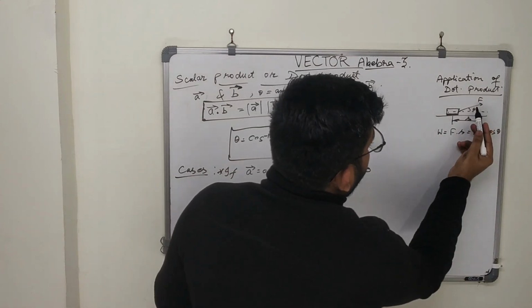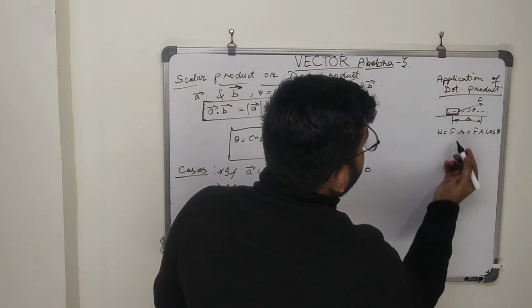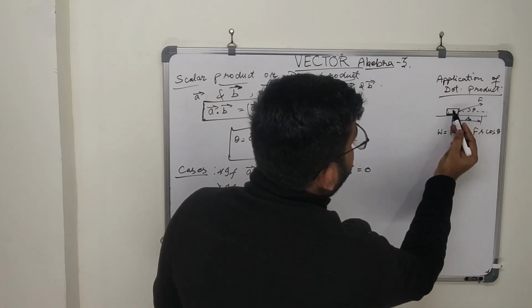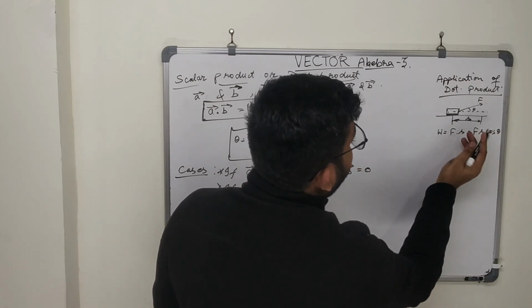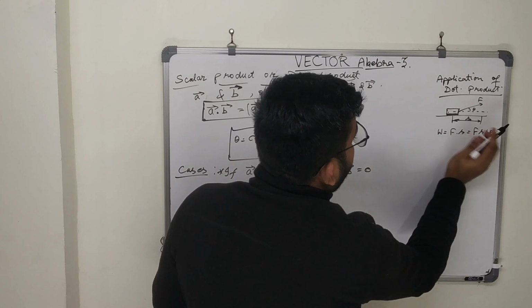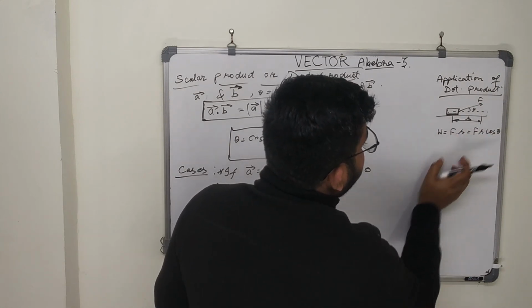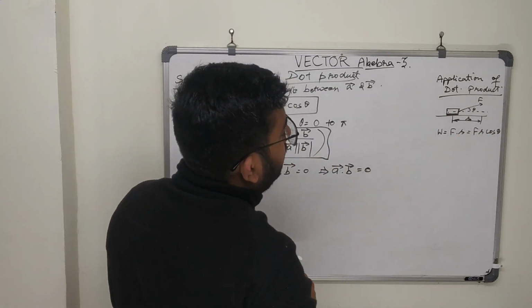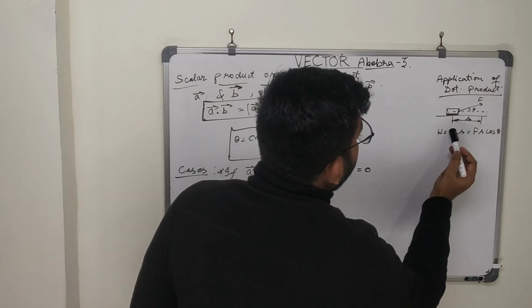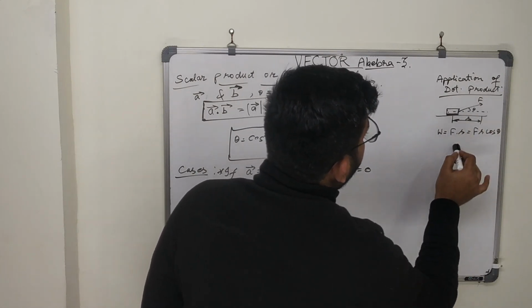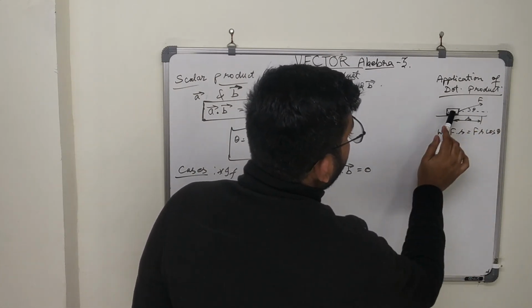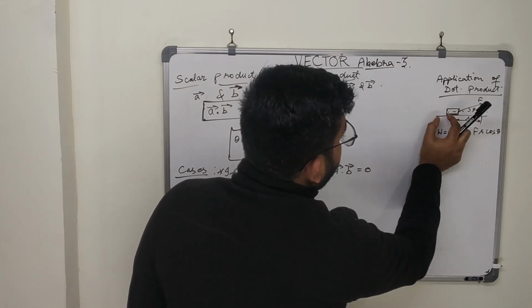मान के चलिए F और S में से कोई भी एक जीरो है. मान के चलिए अगर ये ब्लॉक है, इस पे कोई भी फोर्स नहीं लग रहा और हम इसको S डिस्टेंस से डिस्प्लेस करना चाहते हैं, बट यदि फोर्स ही जीरो है तो वर्क ऑब्वियसली जीरो होगा ही होगा, बिकॉज इट इज नॉट गोइंग टू डिस्प्लेस